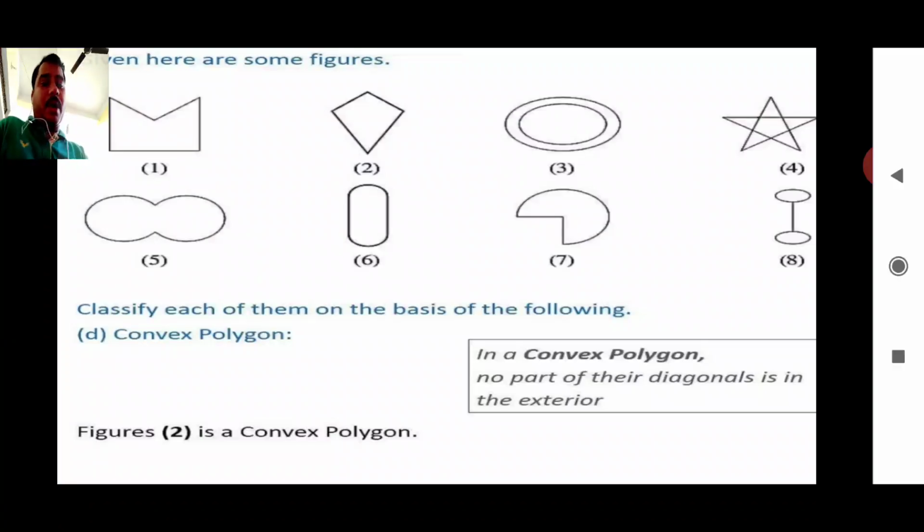Here the D part, convex polygon. What is a convex polygon? In a convex polygon, no part of their diagonals is in the exterior, means all the diagonals lie inside the figure. So it is clear that the second one is a convex polygon, because first and second are polygons, and second one is convex polygon, because in first,